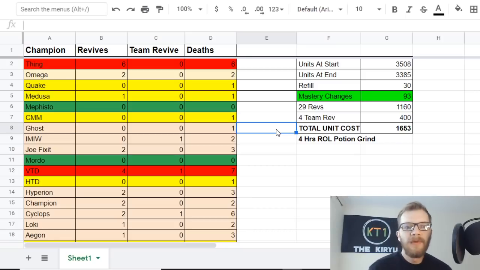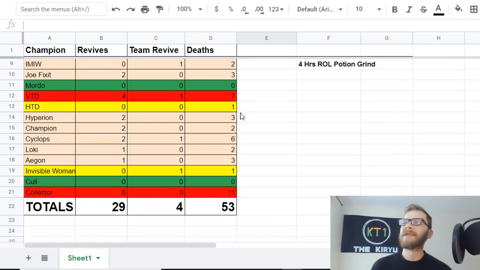I could probably have saved maybe 5-7 revives on my run had I consistently been putting suicides on and off. But then the mastery change cost would have skyrocketed, and I think that could potentially be even more expensive. So you can definitely do the run with fewer revives, but you're going to spend more on mastery changes then. In addition, I absolutely butchered about 4 or 5 fights at the very least as well,